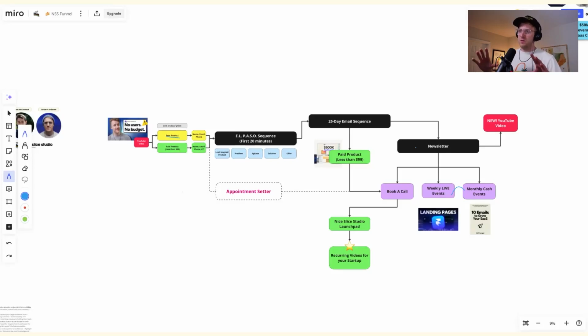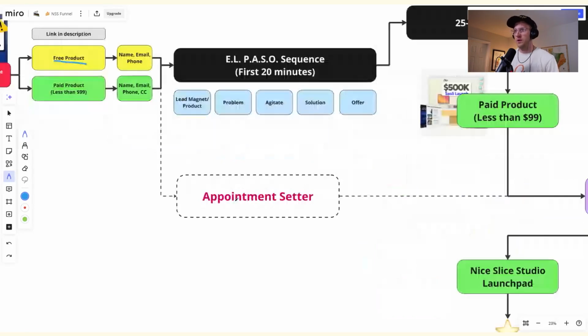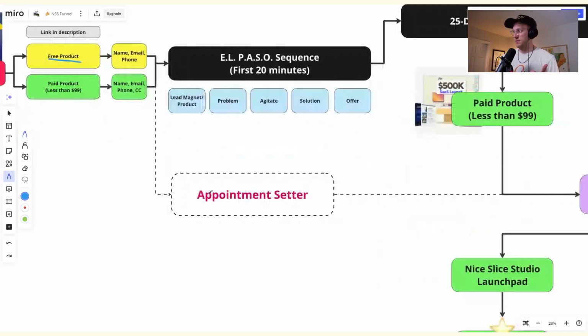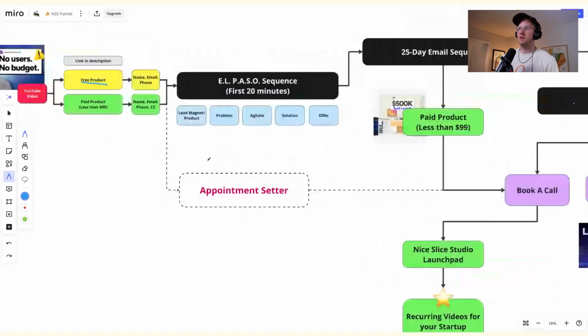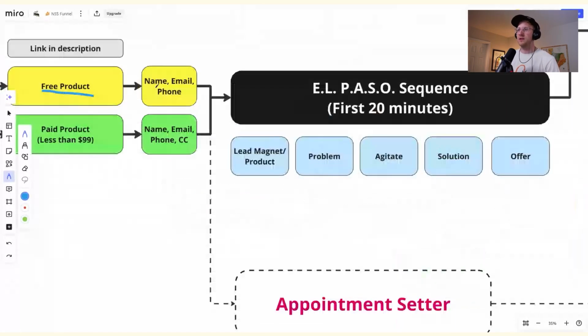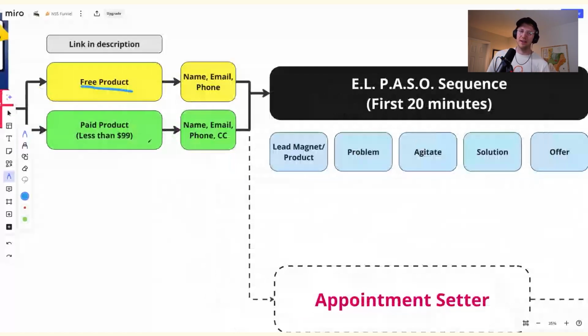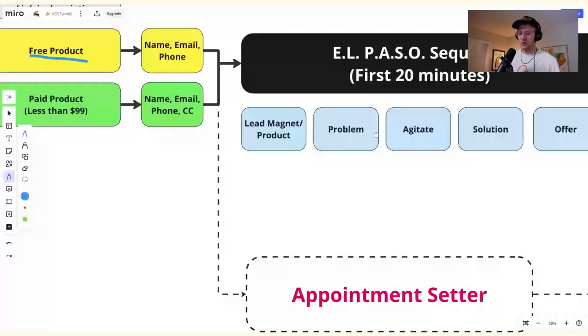One thing that we are working on adding is an appointment setter. Based on my time and Doran's time, yes, I can send people through these email lists, but there's a little bit more if you can add a personal touch, where we're collecting name, email, and phone number from the freebie users and the paid product people, and they can get some kind of first touch from an appointment setter to see if they're the right person,